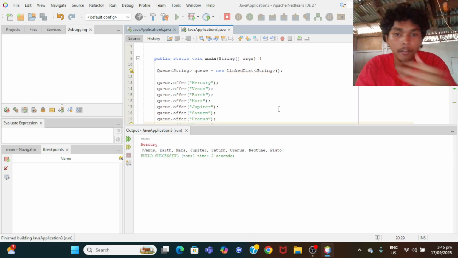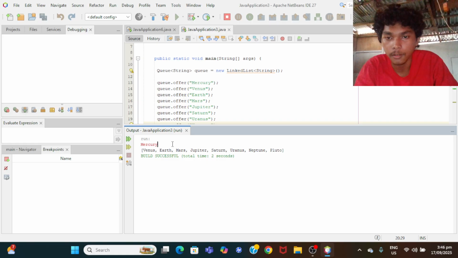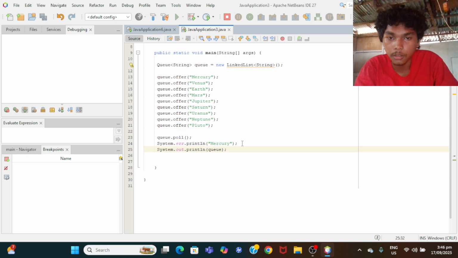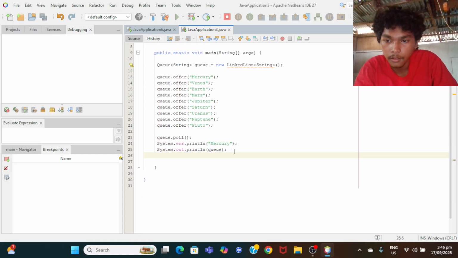So here, the Mercury is above the Venus. No, so we already updated the print queue.